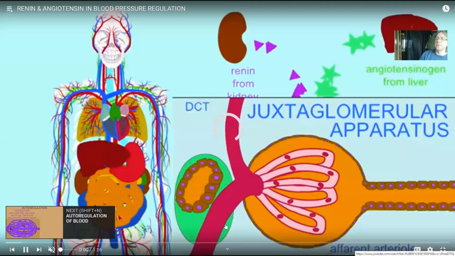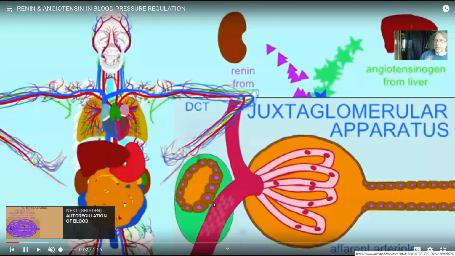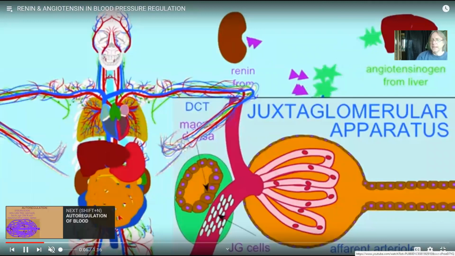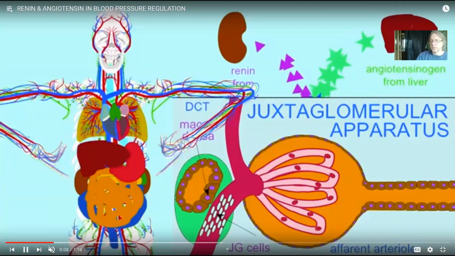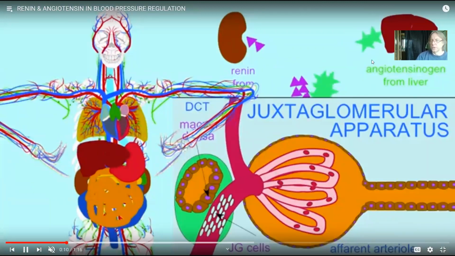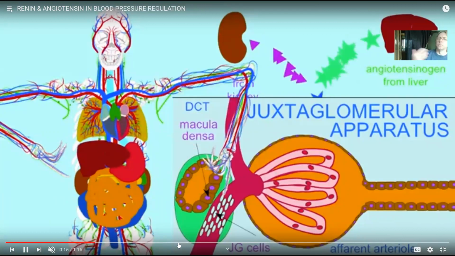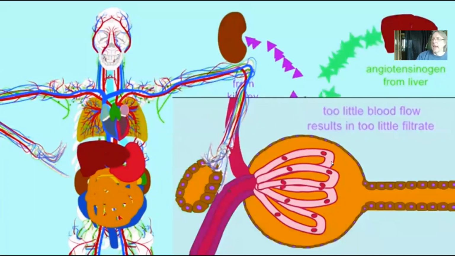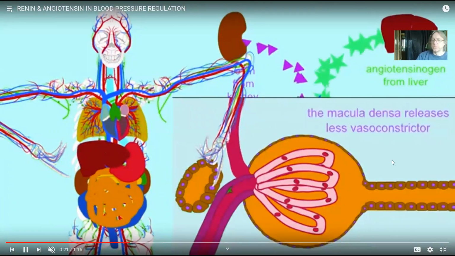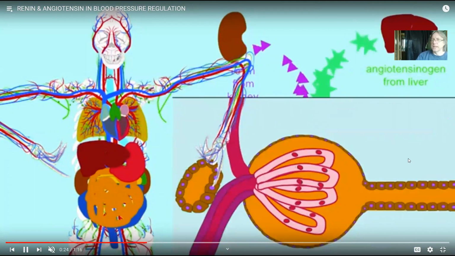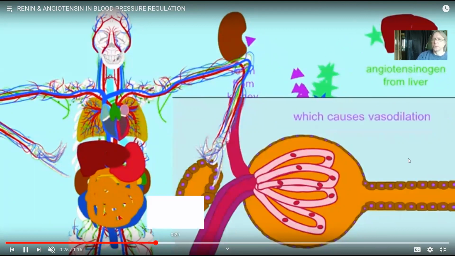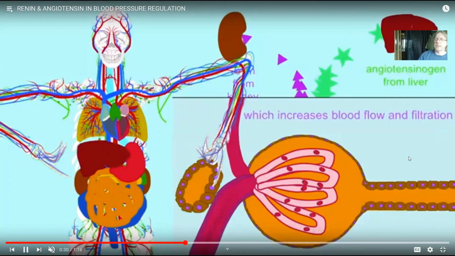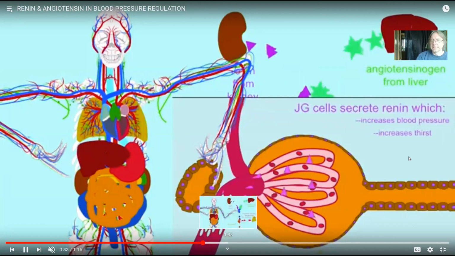Now, some of these hormones act from far away, so that's where I'd like to start. So in the kidneys, there are these JG cells of the glomerulus, also known as granular cells, that make the hormone renin, all right. Renin then activates a liver protein. The liver protein is known as angiotensinogen, and renin converts it into angiotensin, all right. So angiotensin is now a signal which goes in the blood